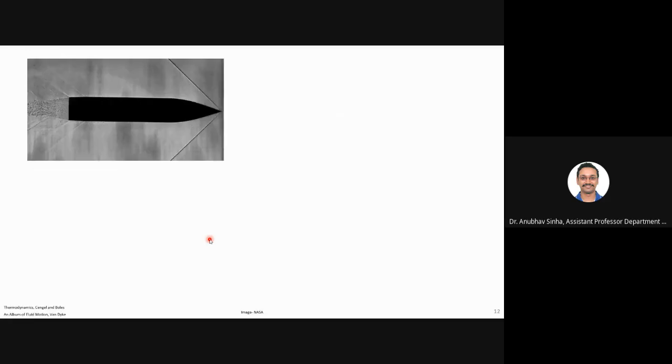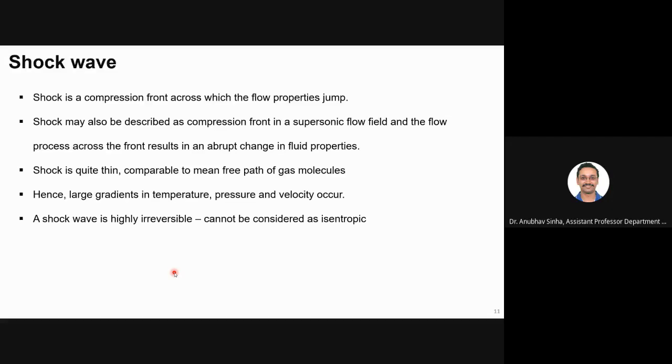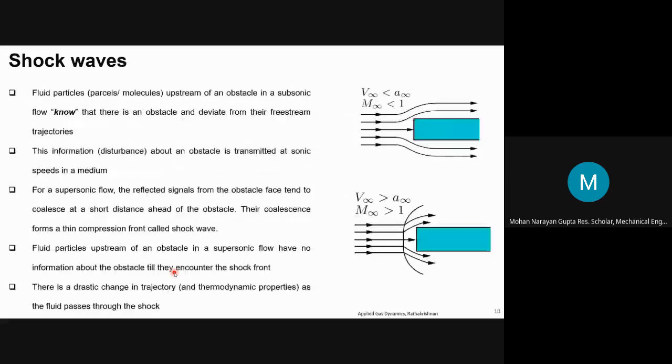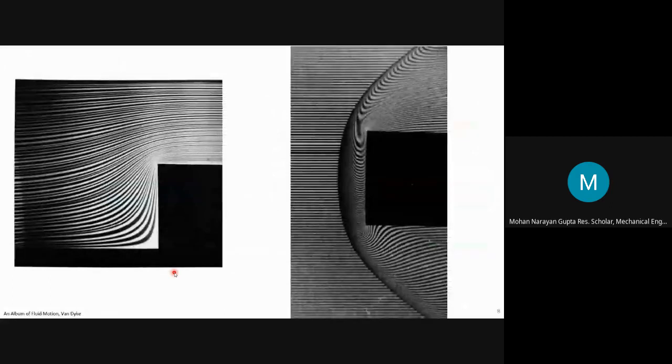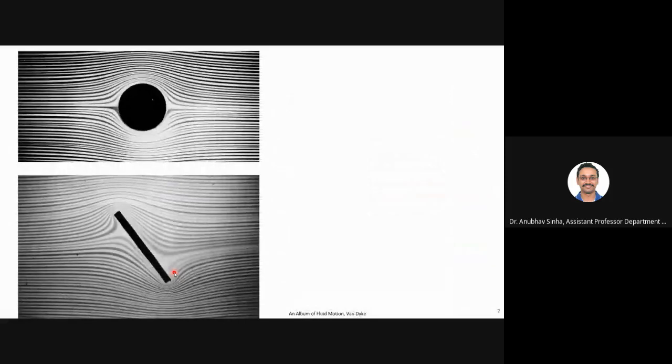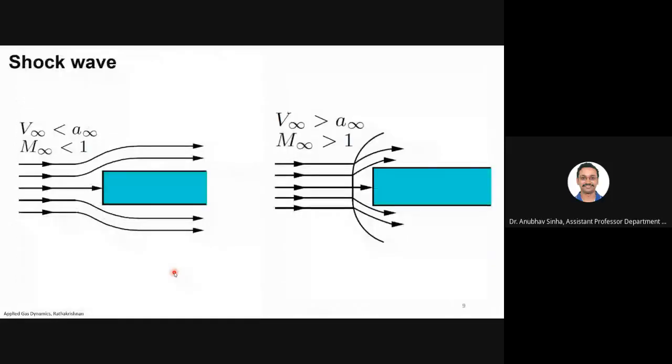Another thing I just wanted to, yes, any question? In subsonic flow, when objects come into the picture, the streamlines converge. Same happens in the supersonic flow. Sorry, your question is not clear. Please repeat. Actually, in subsonic flow, when an object comes in between, the streamlines converge. In the previous slide. This one. No. Next. This one. Okay.